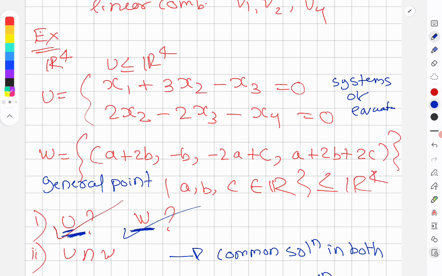intersection solution. What you can do first, if you have equation over here and you have equation over here, imagine, now just imagination, you have equation over here and you have equation over here. So what you can do, you can solve all the equation at the same time, and the solution which you will get is the intersection. Okay. So for example,